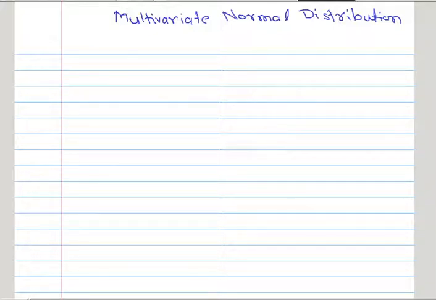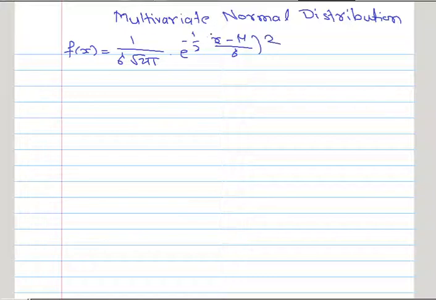In this lecture we will see how we derive a multivariate normal distribution. But before going for multivariate normal distribution, we should get a complete idea about univariate normal distribution. As we know, the density of univariate normal distribution is 1 upon sigma root 2 pi e raised to minus 1 half x minus mu upon sigma bracket square. So firstly we will see how this particular density has been derived.